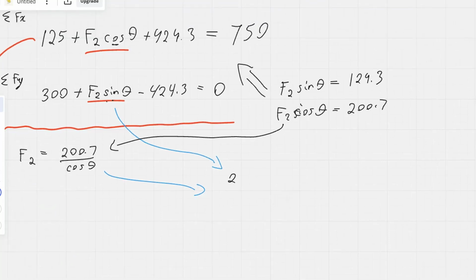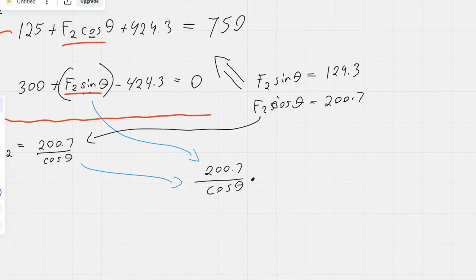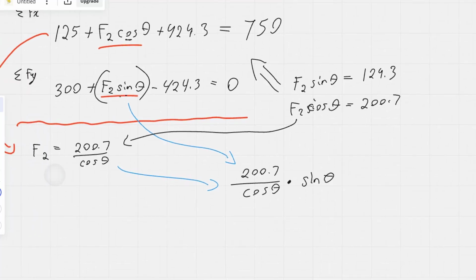So now what we're given is you have 200.7 over cosine theta. That is F2, right? We're doing this here, times sine of theta. Okay? I hope you followed me there. It took me a second to remember what's all happening, but we're trying to use F2 sine of theta. We isolated F2 so we can plug this isolation here